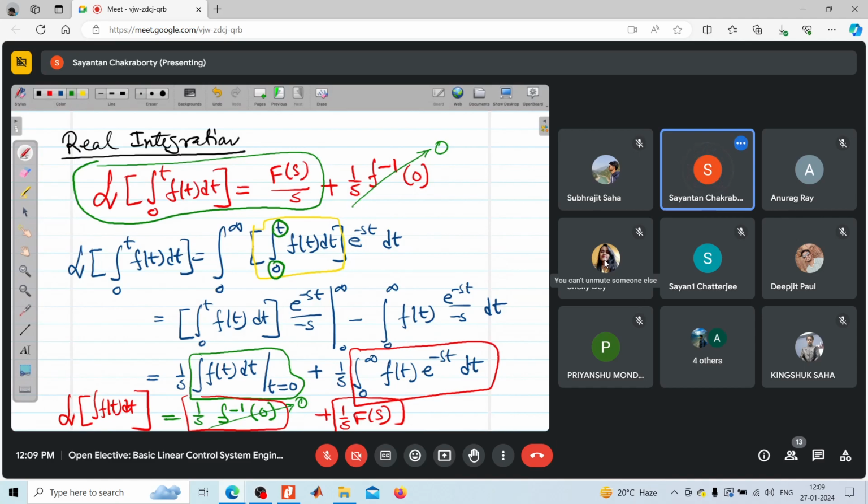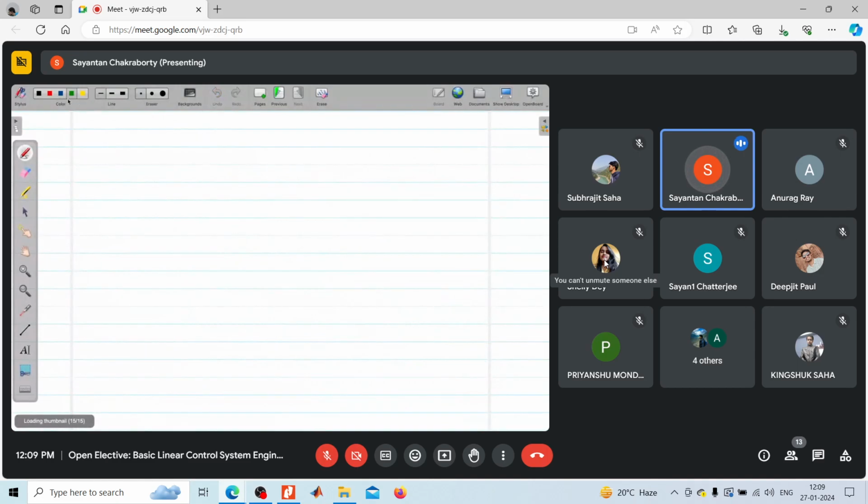So first let us consider a differential equation and see how this differential equation can be converted into the Laplace domain. Oh, another thing, a very important theorem that I've forgotten, that is also very important for us, that is the final value theorem and